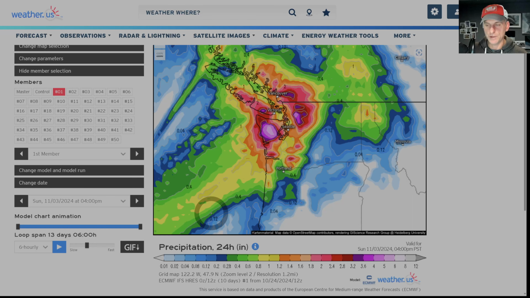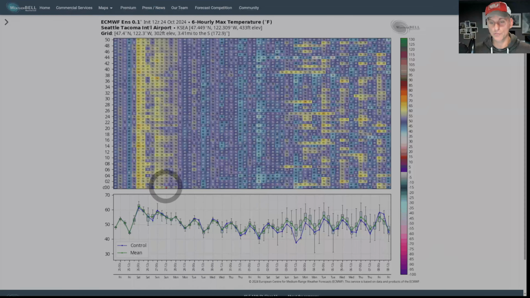And the benefit of this is that if you take that ensemble mean, that mean usually outperforms the control run. The best understanding of the initial conditions that we have gets beat by those ensemble members and the ensemble mean when you average them all out. So that is the power of an ensemble forecast. Hopefully that makes sense. Now, taking a look here, you can also do temperatures.